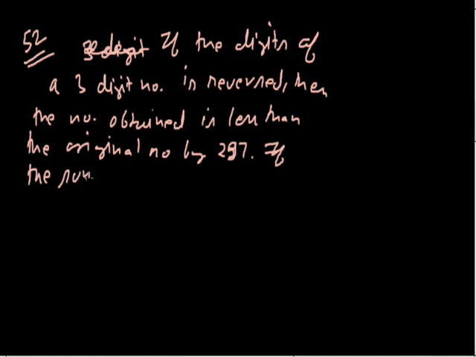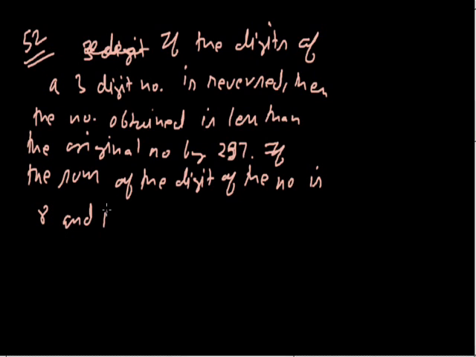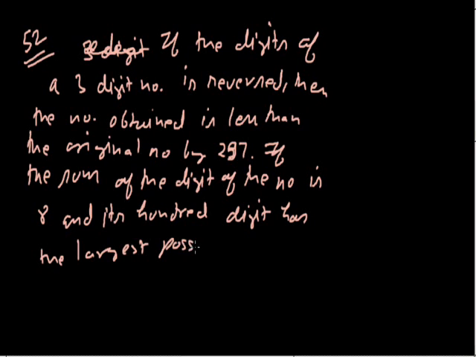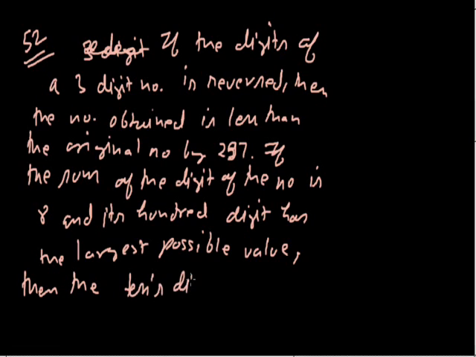If the sum of the digits of the number is 8 and its hundreds digit has the largest possible value, then the tens digit of the number is,